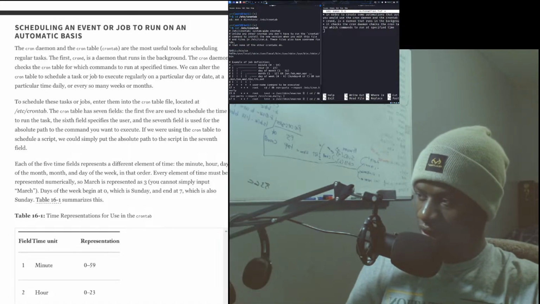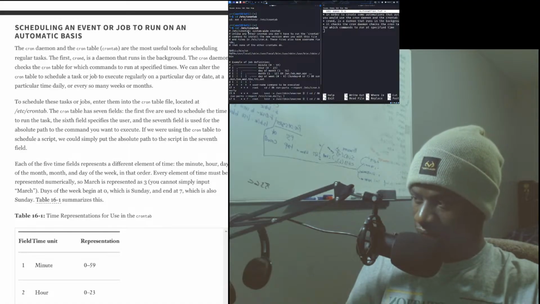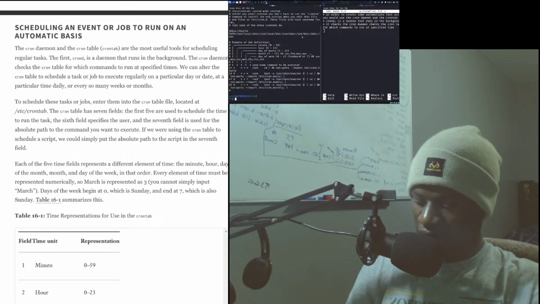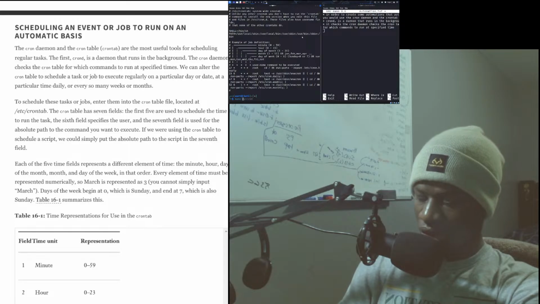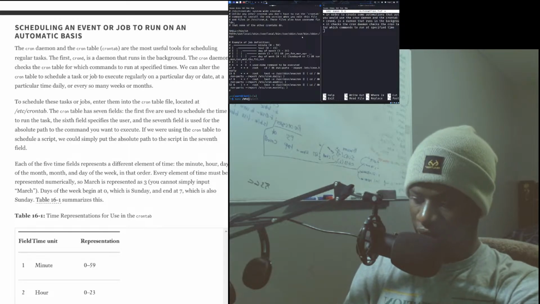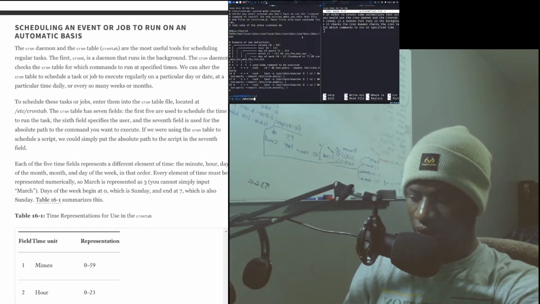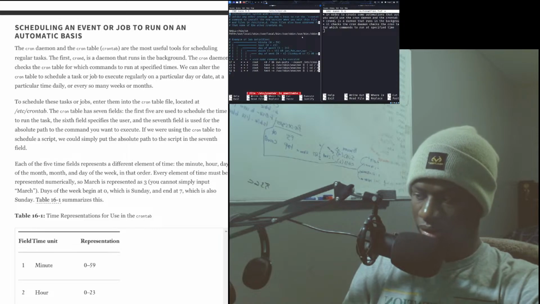Okay, all right. Crontab, system-wide. Maybe instead of opening it with that, we open it with the other one.